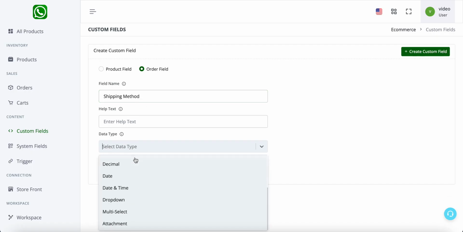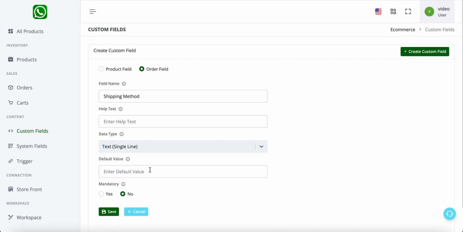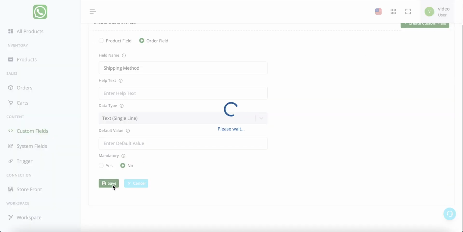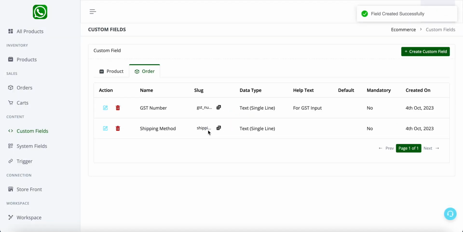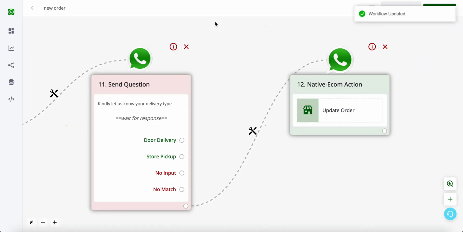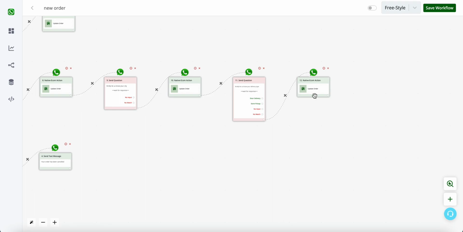It can be drop down, it can be date time, multi select. You can select any one of these, but I'm selecting the text. It is the most easier one for me, so I can have any variable value in this. So you can create any number of order fields that you might want for your business, and then you can ask the user via the flow and then update that. So that's why I created an order field during this video itself to show you how you can create a